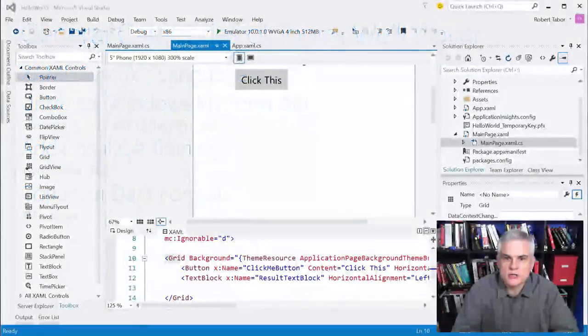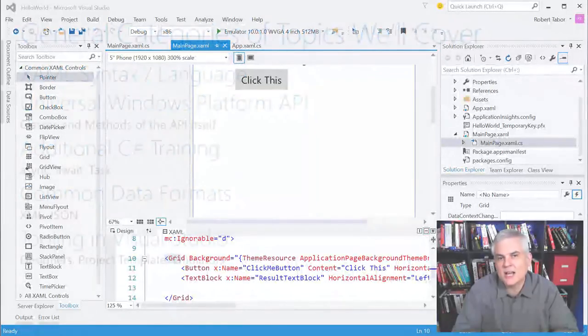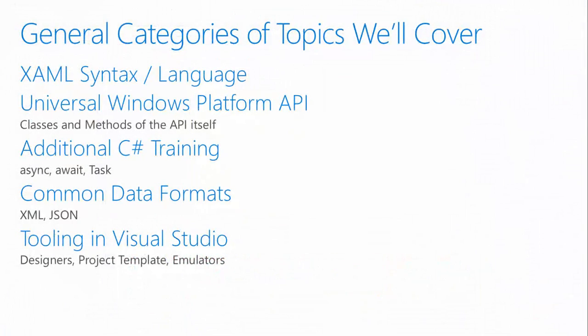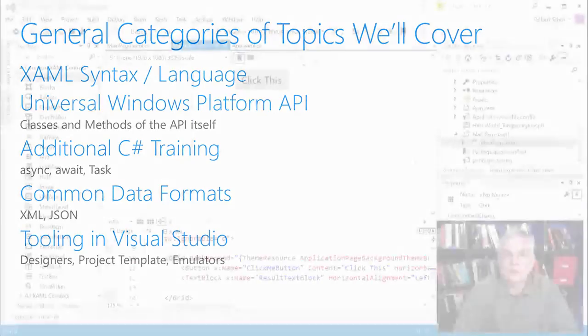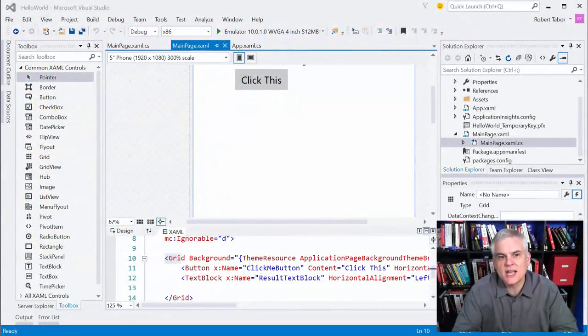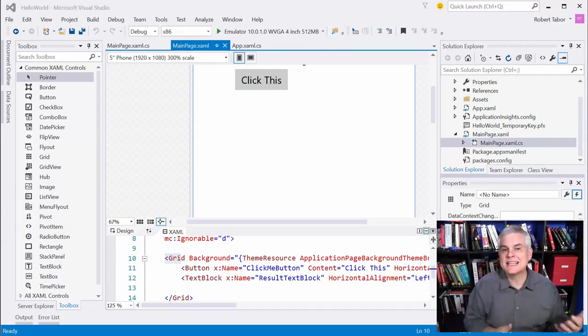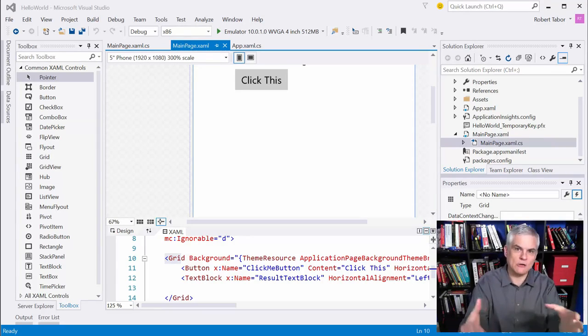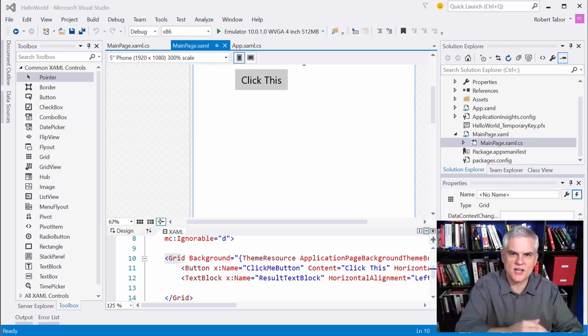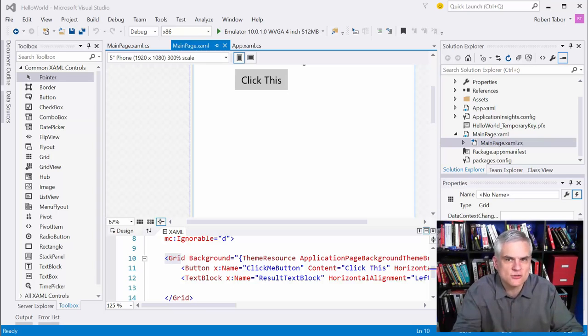The fourth thing that we're going to learn about is the tooling that helps us build Universal Windows Platform apps. So we're talking about things like Visual Studio's designers and its wizards and the project template itself. We'll learn about the emulators. So many times you're going to learn about tooling at the same time as you learn about some specific UWP feature, just like we did in the last lesson. So we probably won't spend entire lessons on how to use Blend or how to use some designer surface, right? It'll just kind of come natural to us